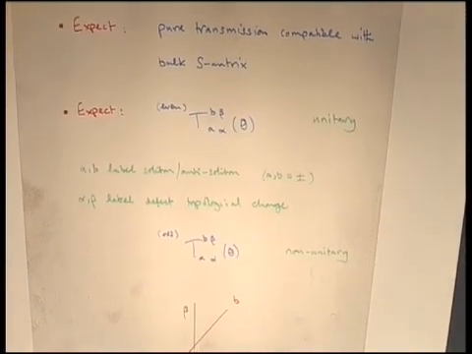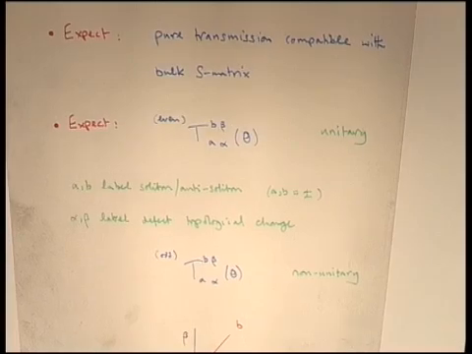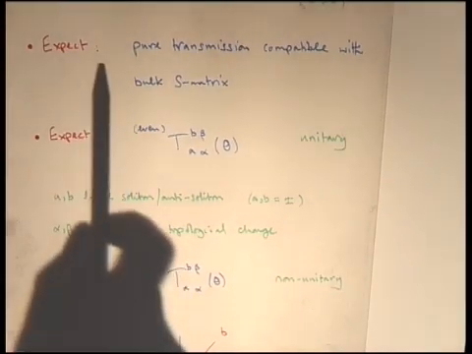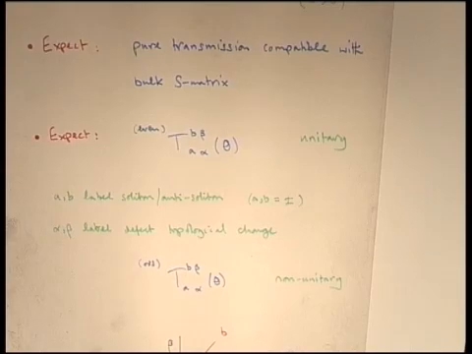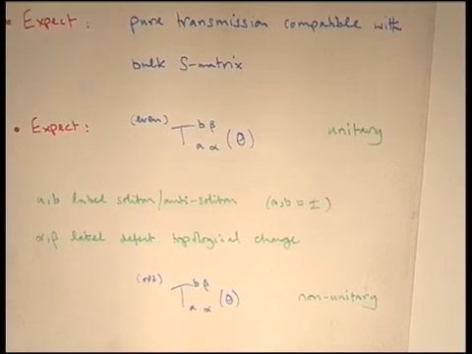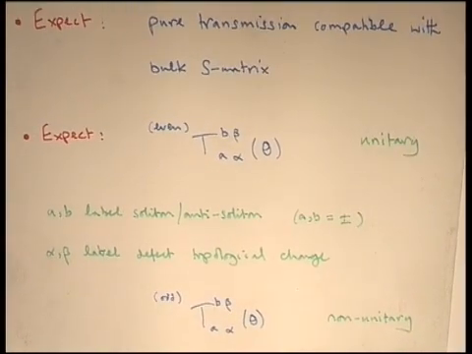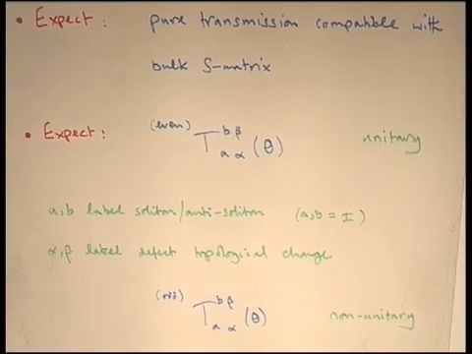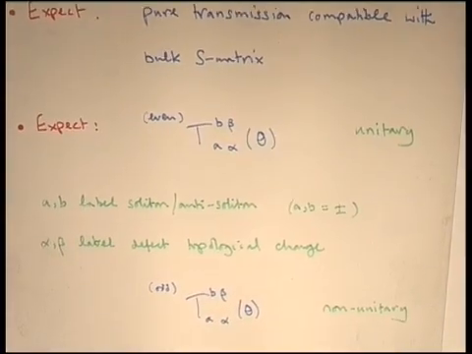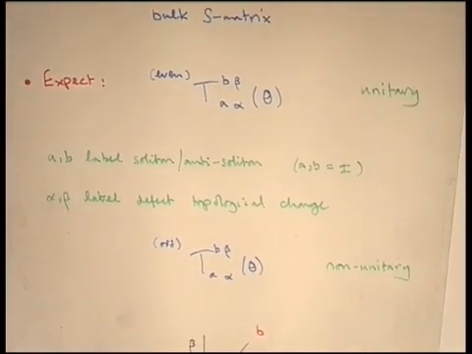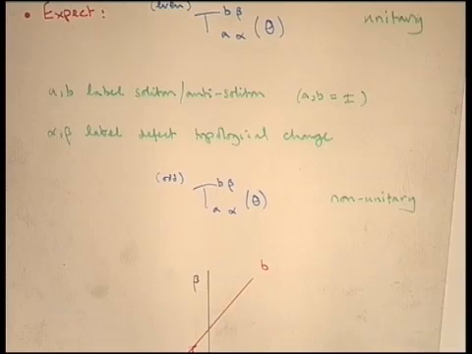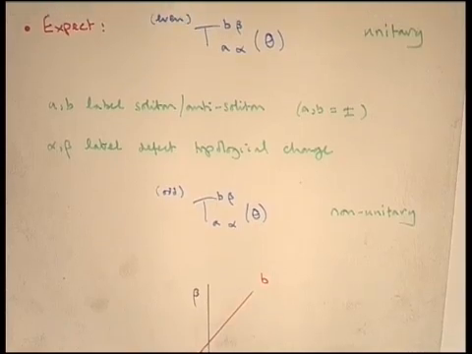What do we expect? Well, what we would expect is that there's pure transmission. Why would we expect that? Well, that's what we get in the quadratic limit. A soliton going through just collects a phase factor. So what we would expect is that if everything worked as nicely as we hope, then this is just a question of pure transmission. There's no reflection. And the pure transmission should be compatible with the already known Zamolodchikov bulk S matrix.